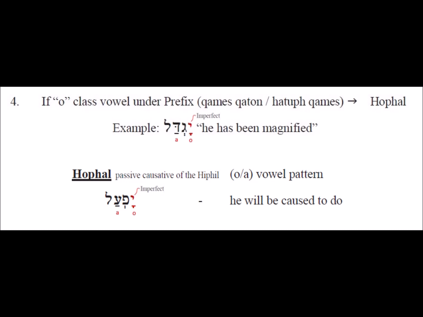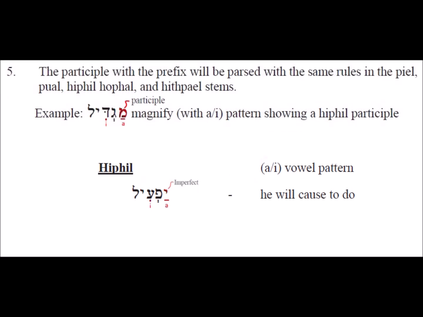And then finally, the mem prefix, following these same rules, will come at the beginning as the prefix. Magdil, for example, is he who causes to magnify. It's an A-I vowel pattern again with the mem, and all the other rules that we just learned, just add the mem, and you'll determine with the same vowel rules whether you're looking at a